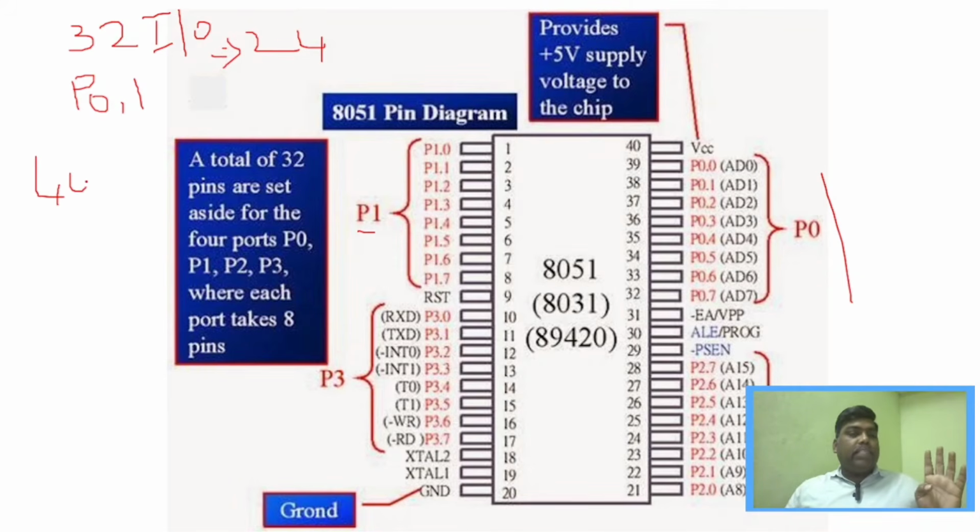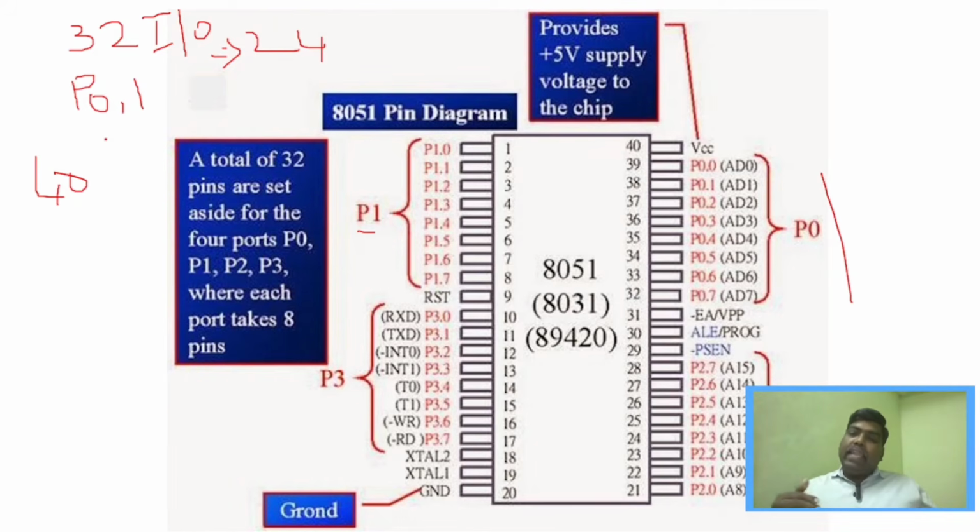So you have a total of 40 pins. Out of those 40 pins, 32 pins can be configured as input output ports, and out of these 32, 24 pins are used for dual purpose. What is dual purpose? Apart from the input output function, we can also configure them for address or data bus or control lines. And apart from it, you have the other pins, used for ground, supply and other functions. Those will be 8 different pins, so totally you have 40 pins.